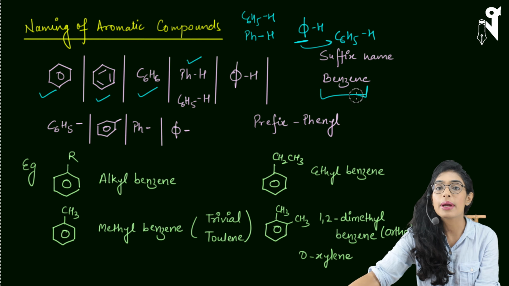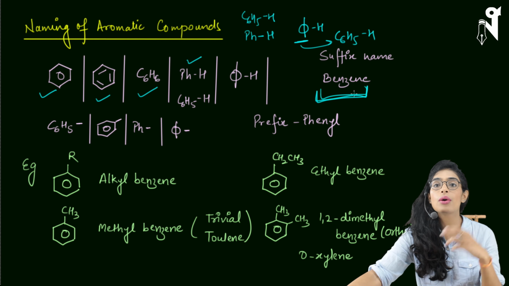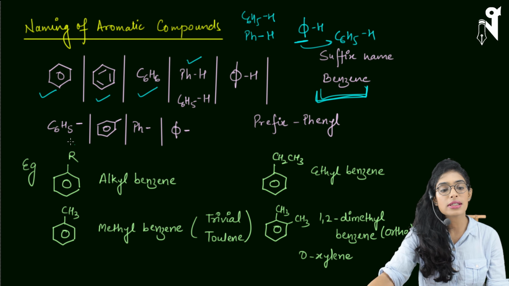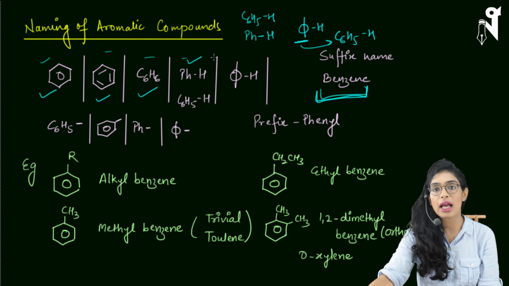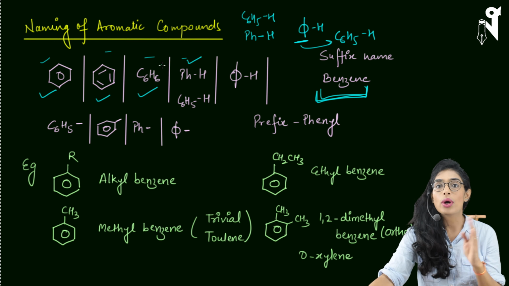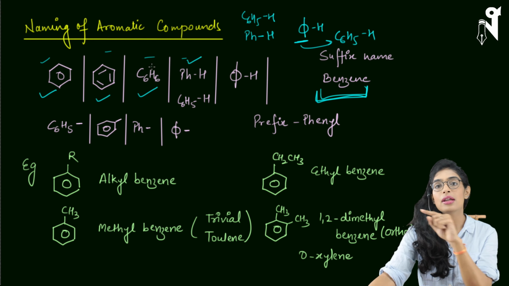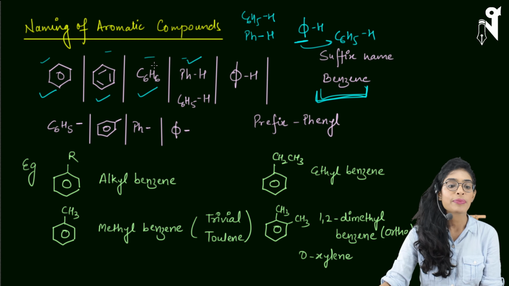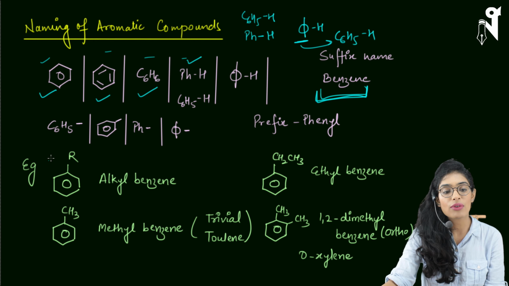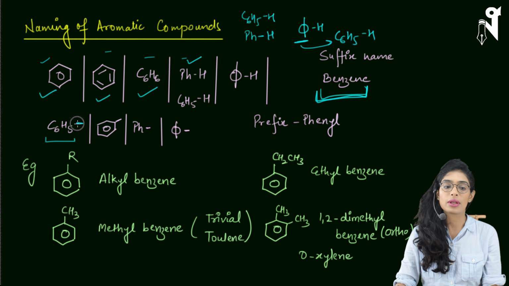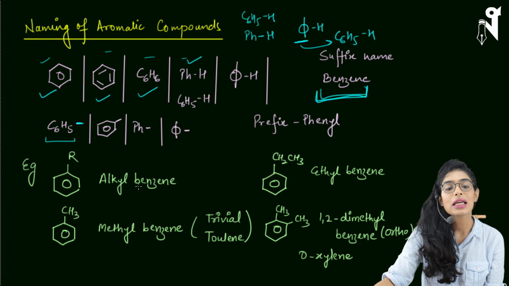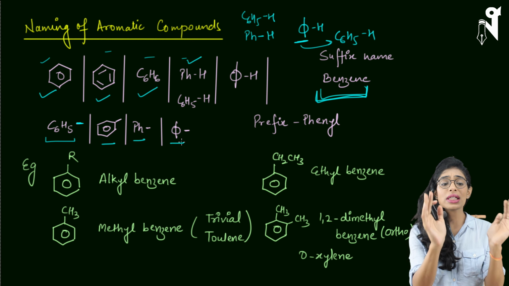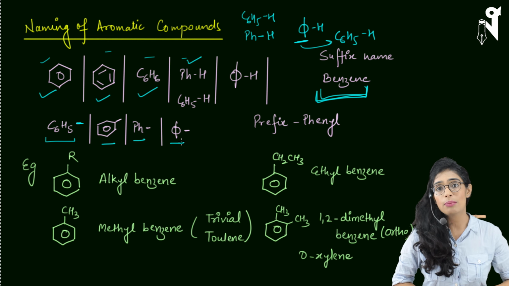We will be using the term benzene. But there will be cases where your benzene, or you can say C6H5, because right now its valencies are all complete. So when there is any group or chain attached to the benzene, one hydrogen would have gone, and at that place your chain or functional group would be present. So ideally it will be C6H5 with one single bond with which it will be attached to something, or it can be represented as benzene with a single bond, or Ph with a single bond, or Phi with a single bond. So this is how the compound will be formed using benzene.